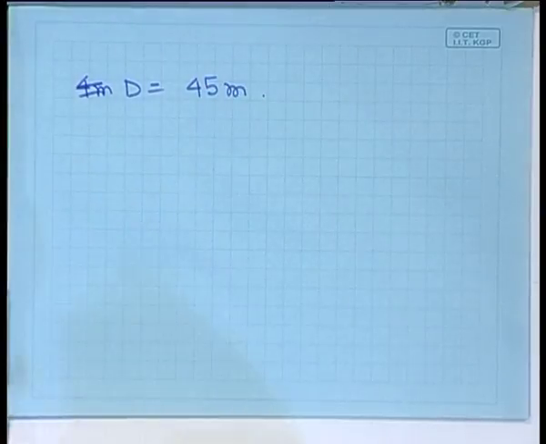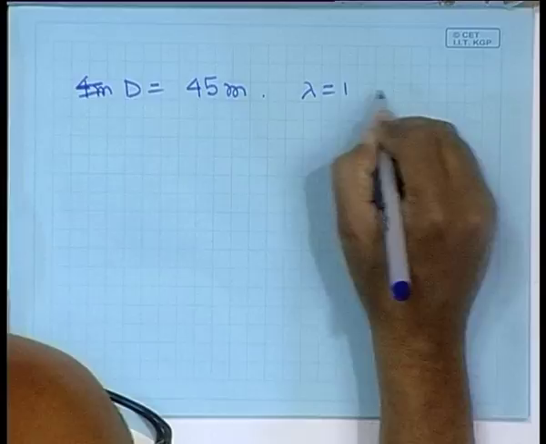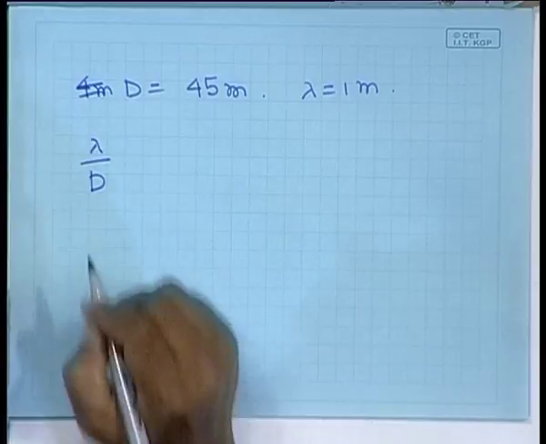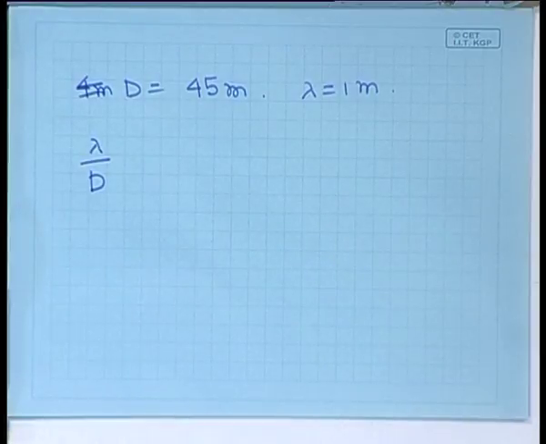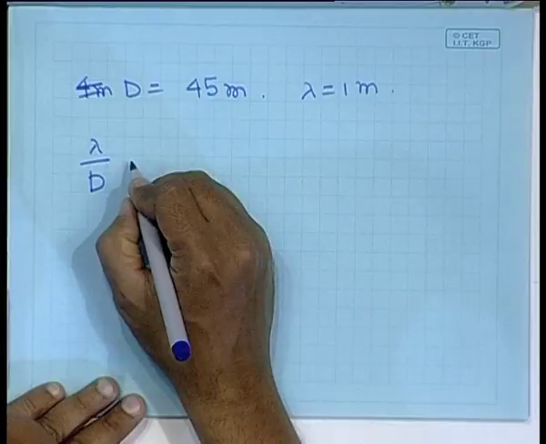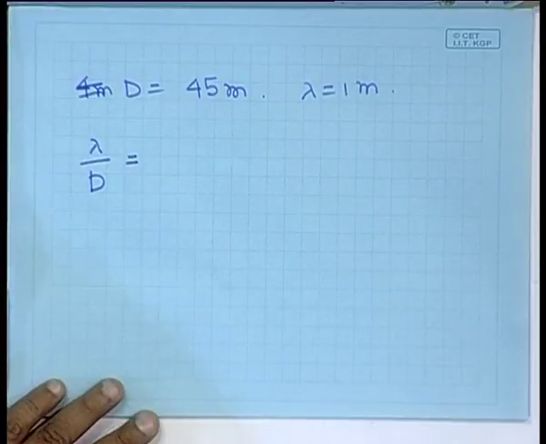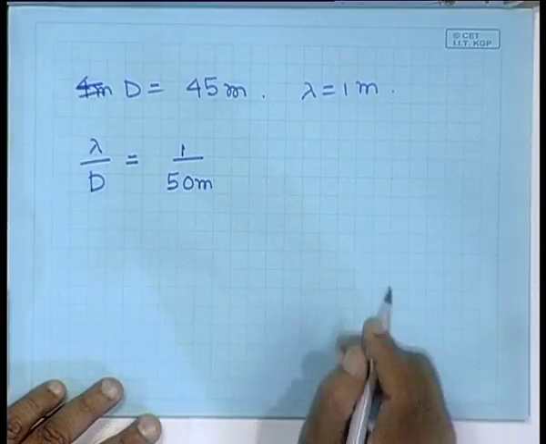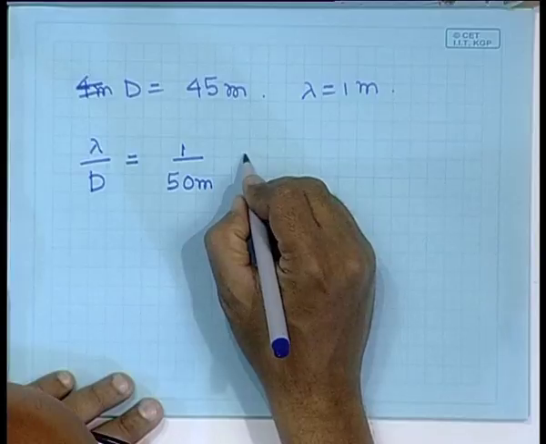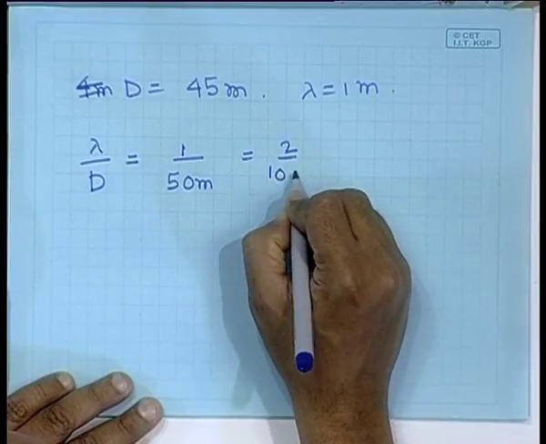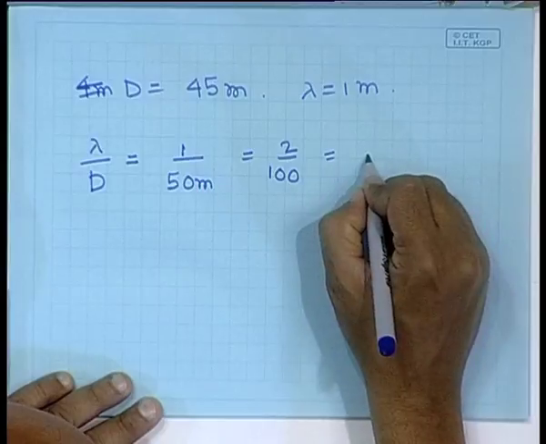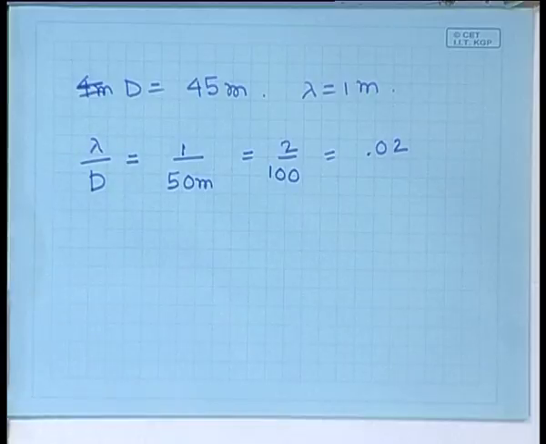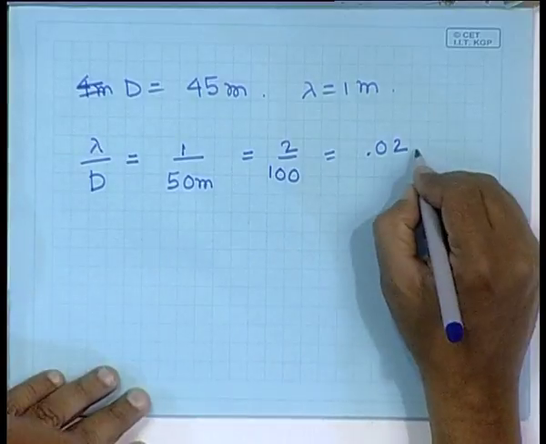And it works in the meter wavelength. So, let us assume that lambda is 1 meter and make an estimate of the angular resolution of a single dish of the giant meter wave radio telescope. This figure lambda by d now comes out to be 1, and I can take d to be approximately 50 meters. So, 1 divided by 50 is 2 divided by 100. So, this is equal to 0.02 radians,